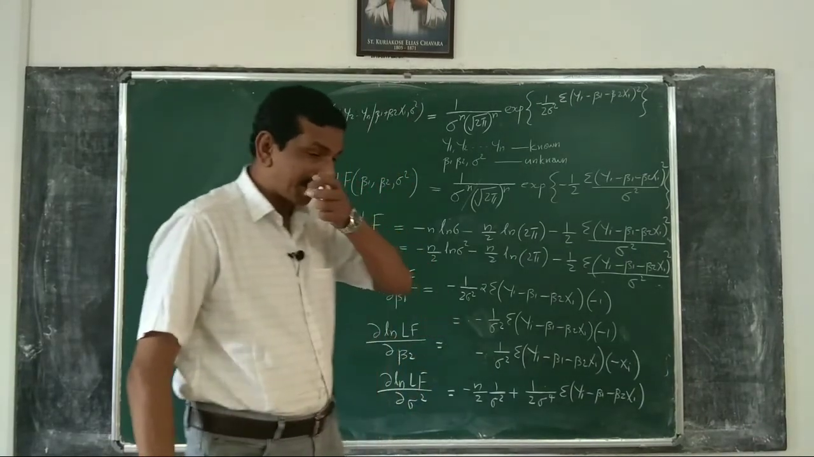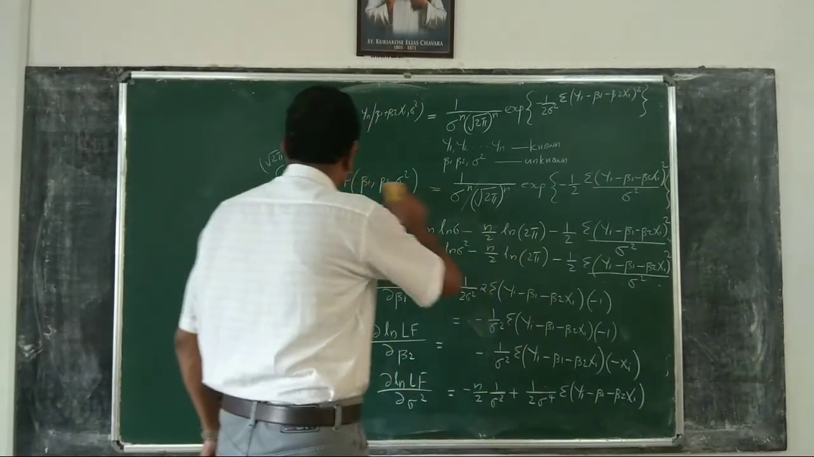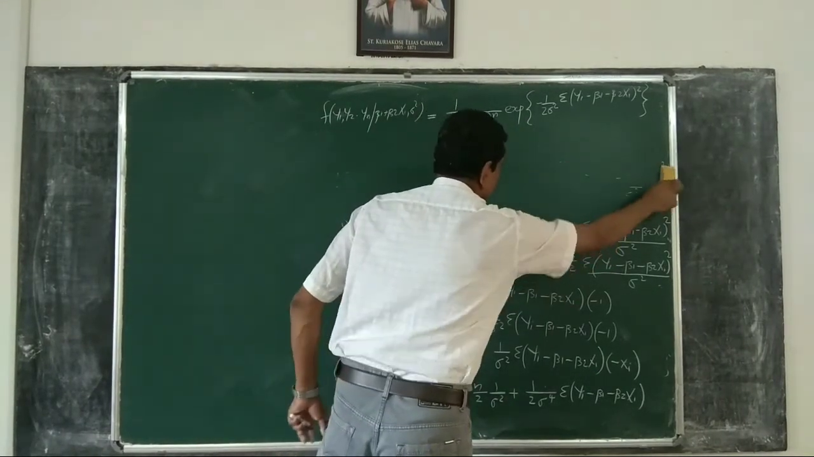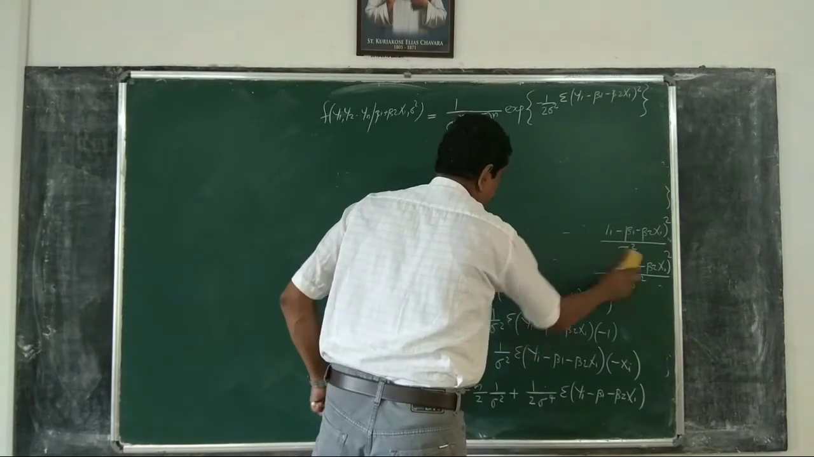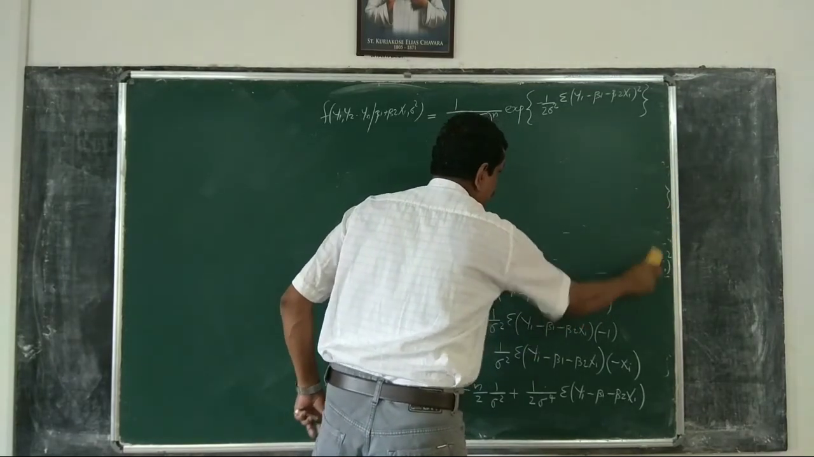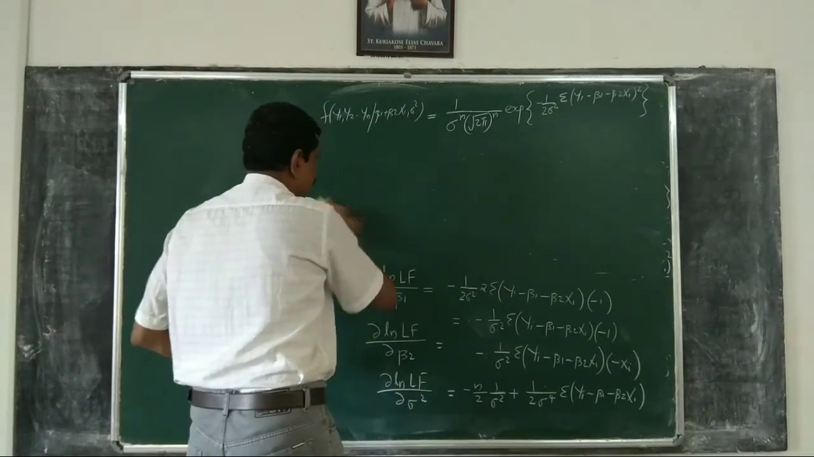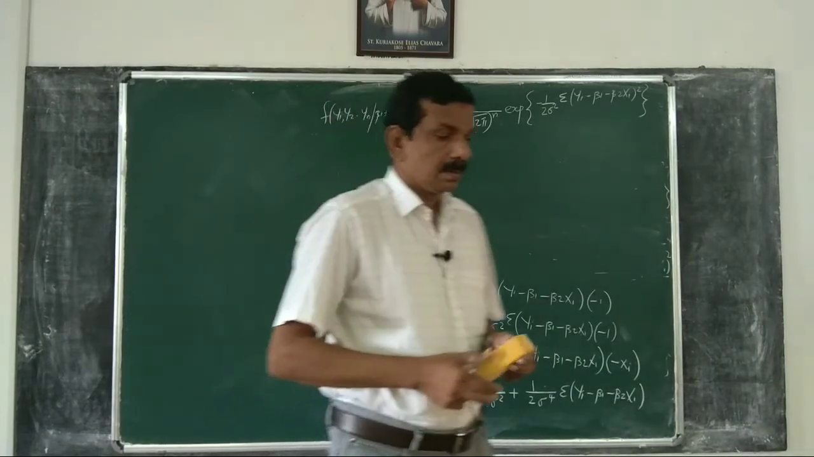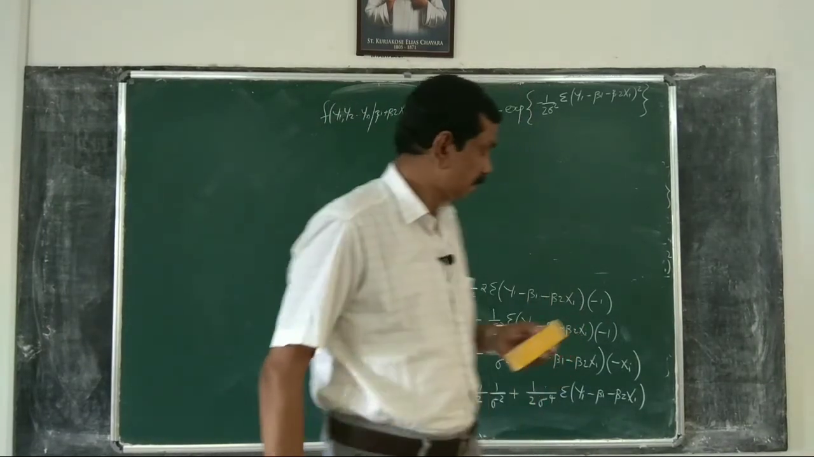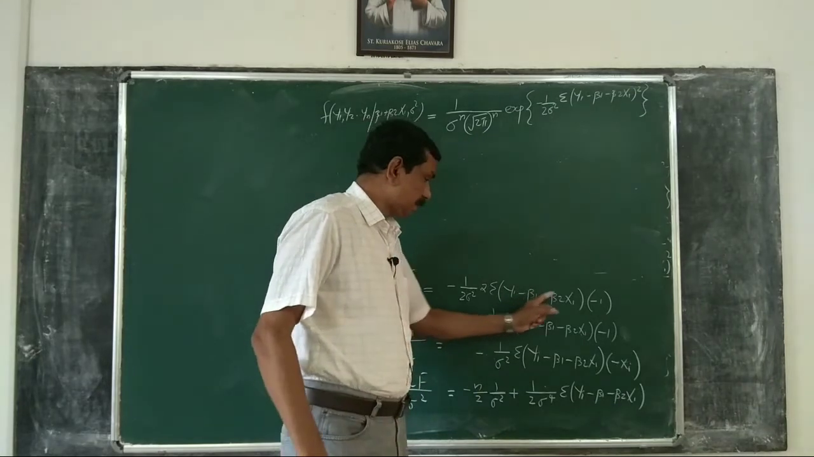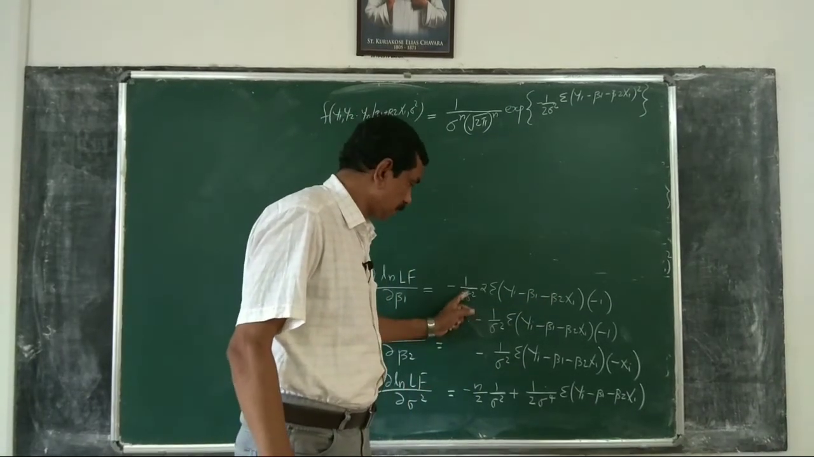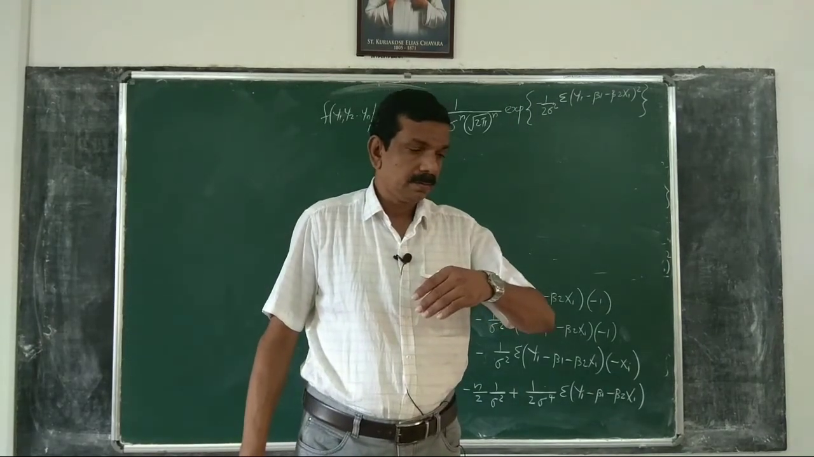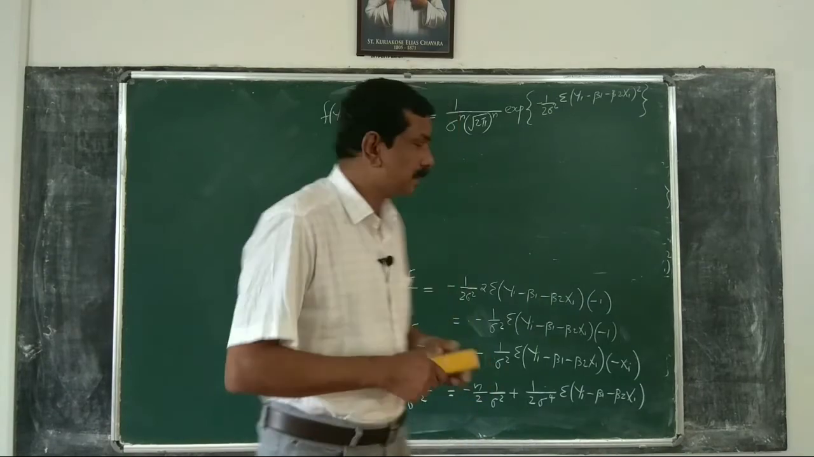These are the partial derivatives. Now, equating these partial derivatives to 0 and letting beta tilde 1, beta tilde 2 and sigma tilde square be the estimators, we will obtain